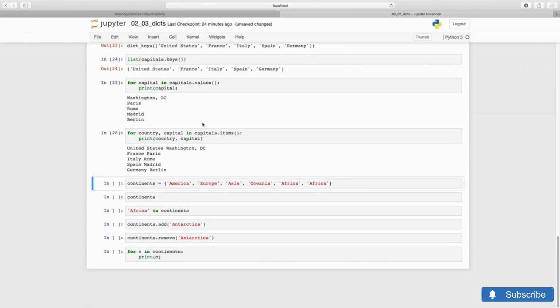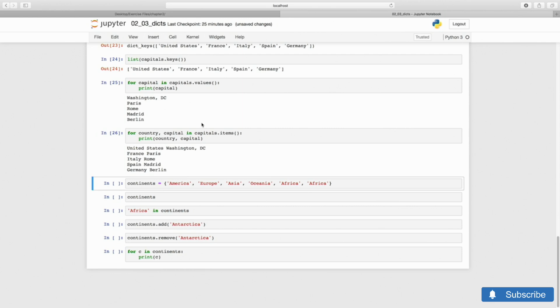Beginning in Python 3.6 for the CPython interpreter and in Python 3.7 for the language definition itself, the order of insertion is preserved for dicts. This means that when we loop over the keys or the items, we get them in the order in which we originally added them to the dict. That was not the case in previous versions of Python. And in fact, the standard library defined a special object called OrderedDict to preserve that order. That is not necessary now.